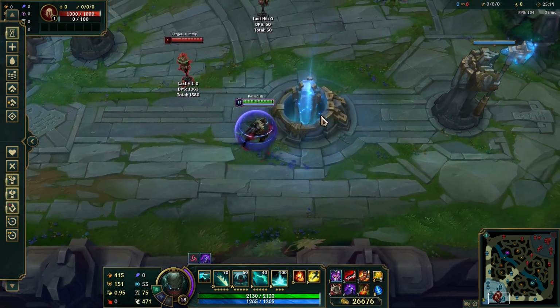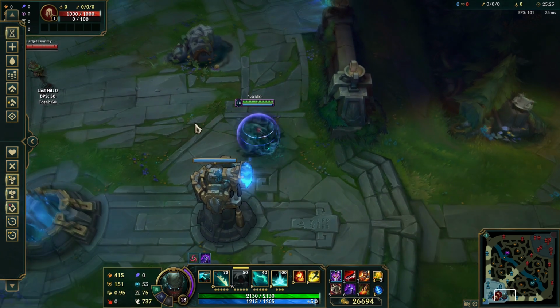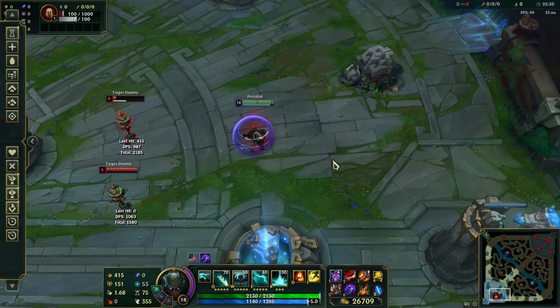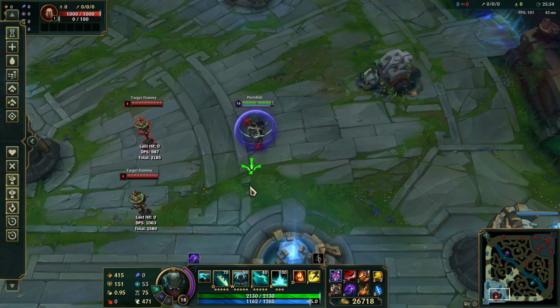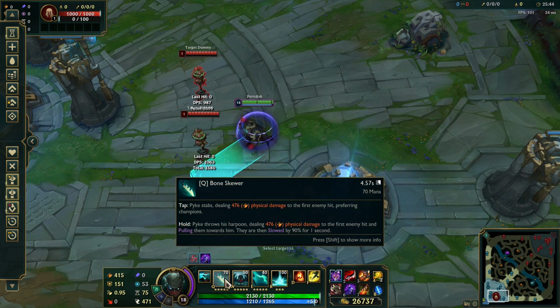Next is more of a roaming combo, where basically you usually will use your W, you don't have to, but you will just come to your enemy, eat them, attack, and when they're running away, use your Q and pull them back. And again, start damaging them. And that is mostly it. I can just tell you that most of the time I would always use the Q,